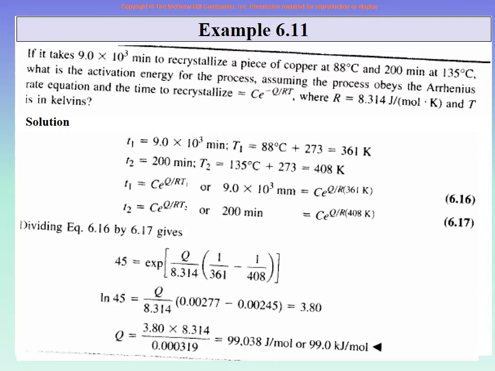Therefore, I will do enough examples. You see, if you do this one example, then any problem related to activation energy or recrystallization energy, now you can solve it very well. There is no issue. But if you don't understand it well and you just copy it, then of course there will be an issue. So the answer to those one or two people who kept on saying that please solve more problems for us, we will solve enough problems, some simple, some medium, some more difficult, during the classes, so that you can get good practice.